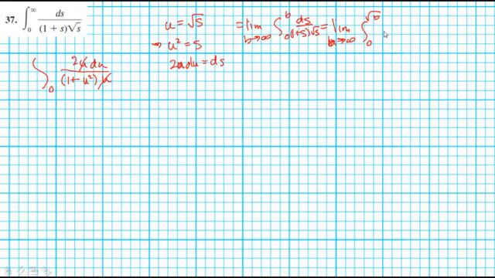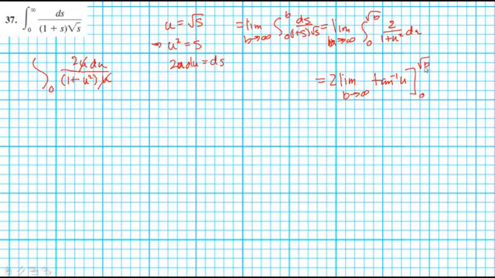multiplied by, what did we have over there? 2 over 1 plus u squared du. Finishing up this step, pull the 2 all the way out. The 1 over 1 plus u squared, you may recognize as the inverse tangent of u